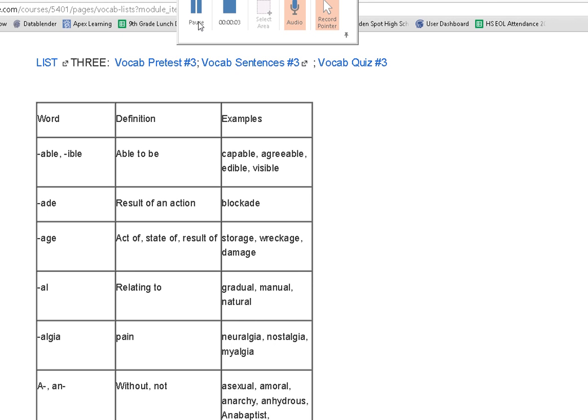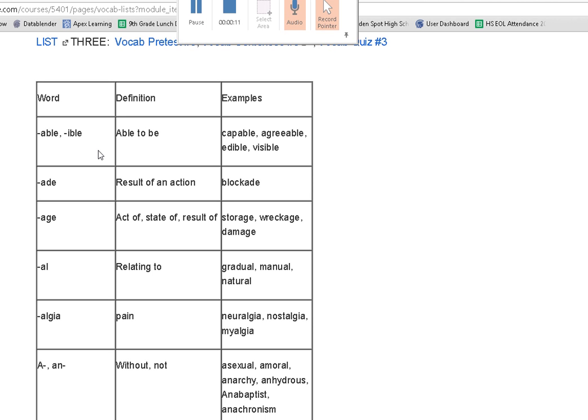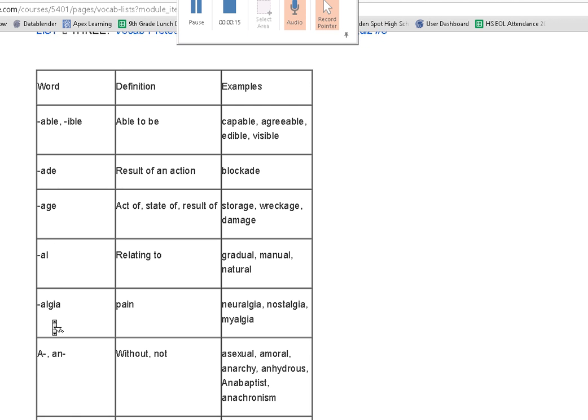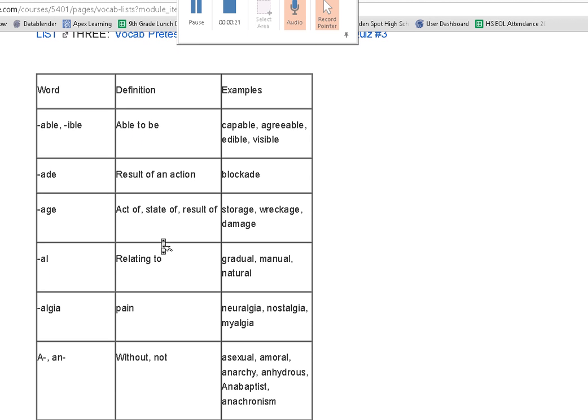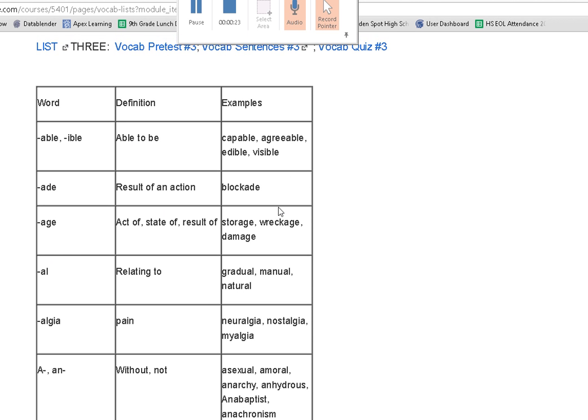Alright, ladies and gentlemen, this video is about vocab list number 3, your first Greek Latin root vocab list. You see the words themselves are just Greek and Latin roots, prefixes, and suffixes. Then I have your definition in your vocab list page, and then finally examples of how those word parts are